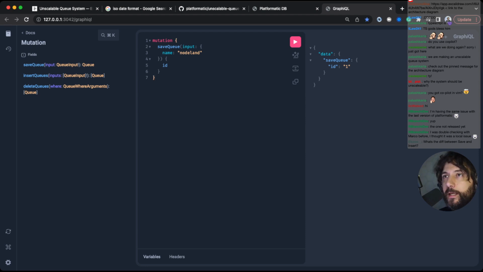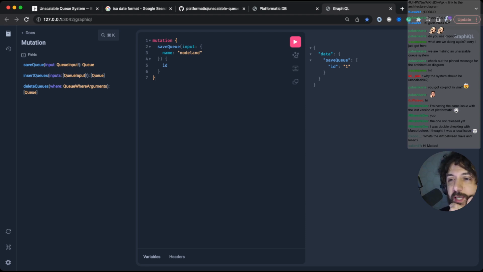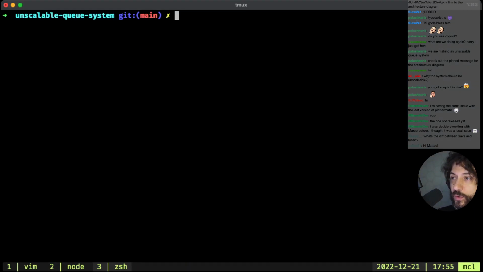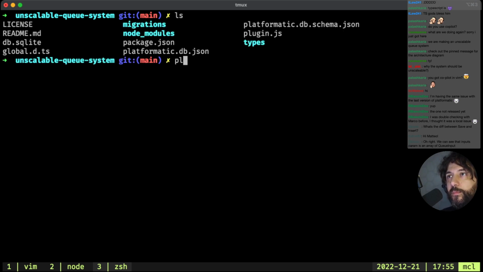So, okay. So this seems correct. Hi, Saloon87. So this is mostly correct. But however, we need more stuff in here. So let's switch to the terminal and let's do npx plt db migration create.